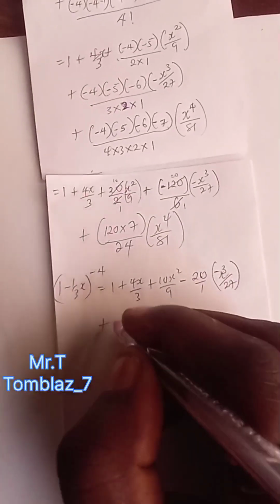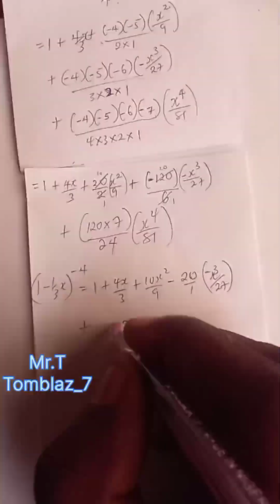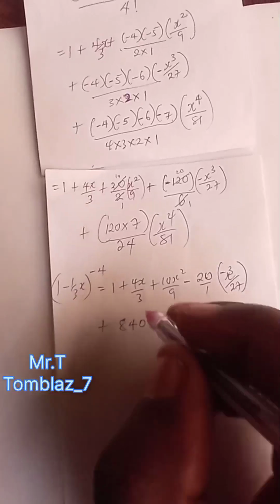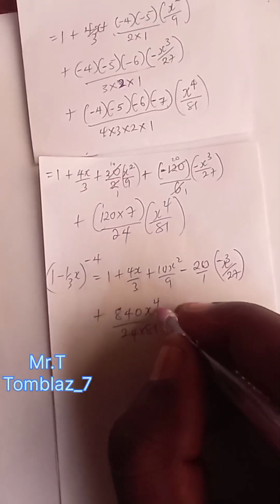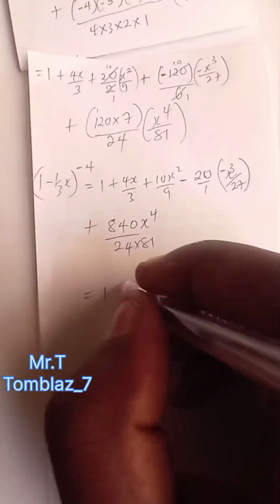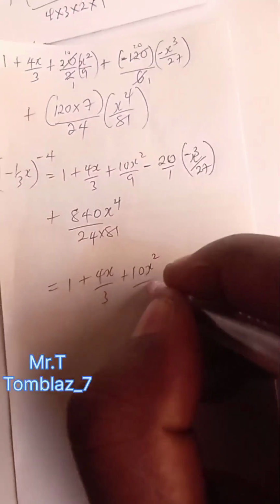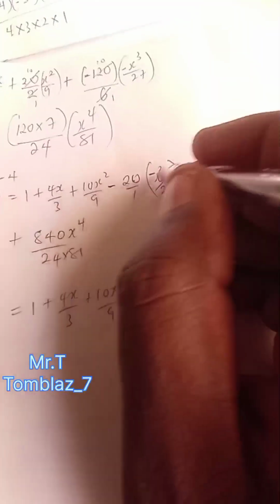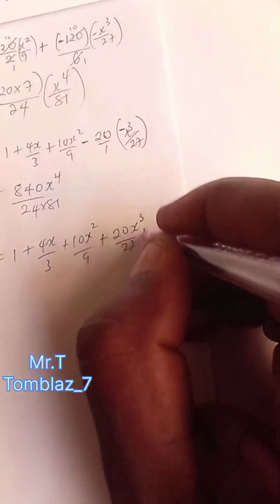Then plus, this is going to give you 0. This time this is going to give you 14. 4 carry 1 to this time this is going to give you 8 divided by 24 times 81 x raised to the power of 4. Okay, so this is going to be giving you 1 plus 4x all over 3 plus 10x squared all over 9. Then minus times minus here is going to give you plus. This time this is going to give you 20x raised to power 3 all over 27 plus, let's try to